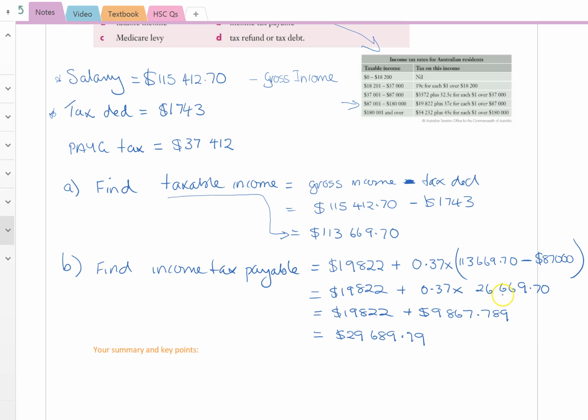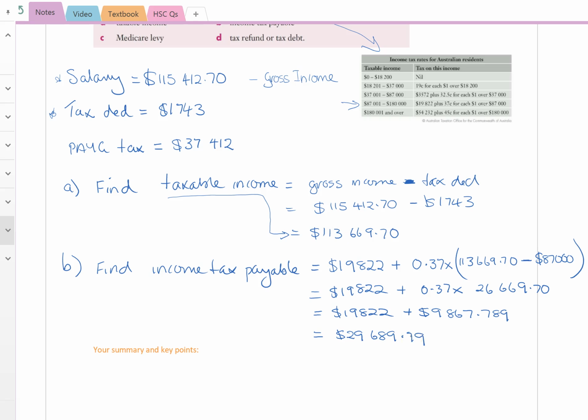So going to the calculator, you just check that you're getting these numbers for that subtraction, then this number for that multiplication, then this number for that addition. So her income tax that the government says that she has to pay based on a taxable income of that number is